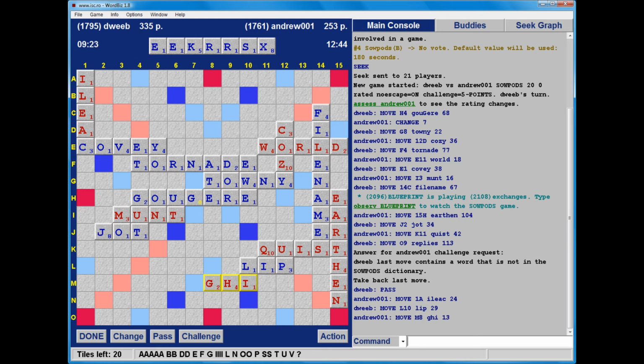The short word which uses the K and the X is Kex, which I do have on my rack, but I can't see anywhere fabulous to play that. Now I could play Rex at M14 down. 26 points. Yeah, that's not bad. It'll be 27 for Oxer,